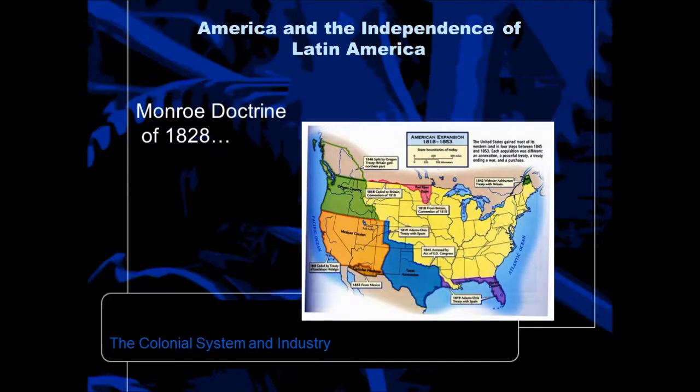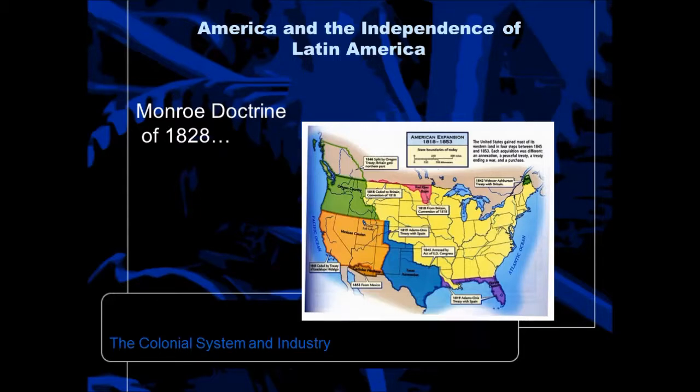All of this invasion by Spanish and French and whoever else decides to come over here is going to have Americans a little bit upset. After the War of 1812 and then the many revolts against European powers in all of Latin America, America herself is really sick of people invading their territory, what they claim to be their territory. And you can see the rapid growth of expansion here in America from this map. We got the idea that this land mass was ours, and we wanted people out of it. And we created something called the Monroe Doctrine in 1828.